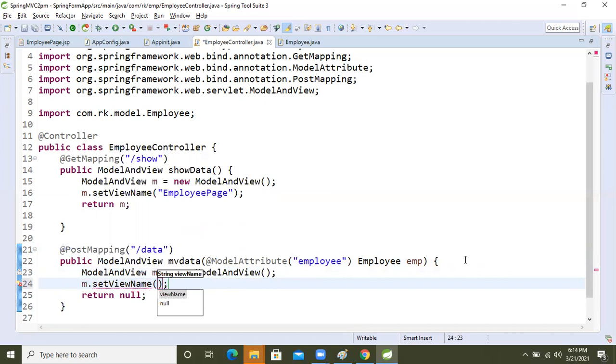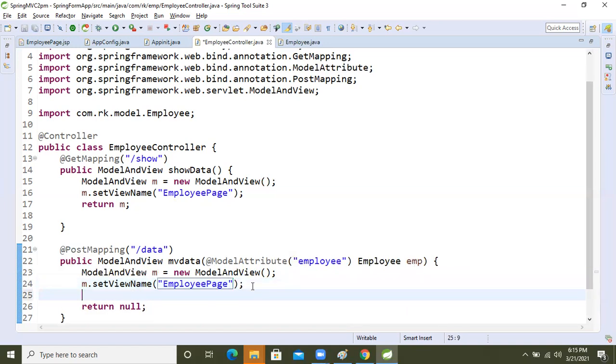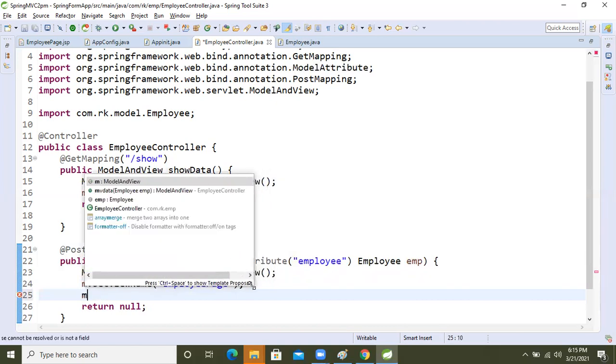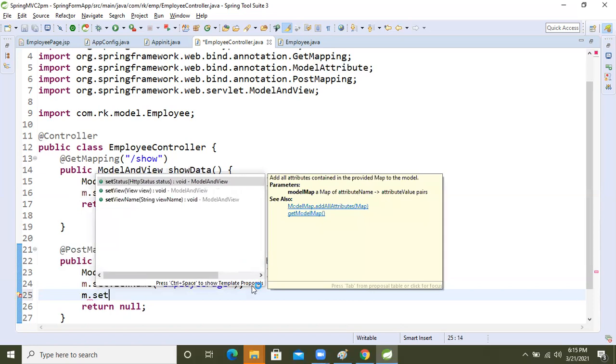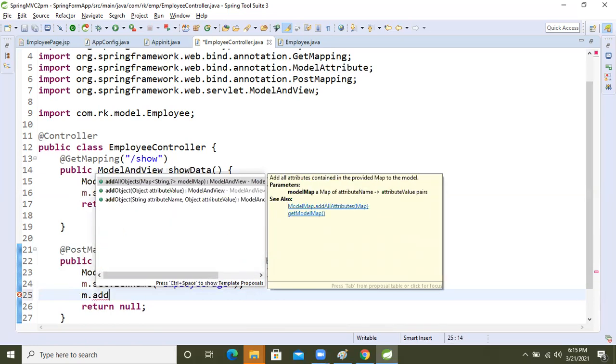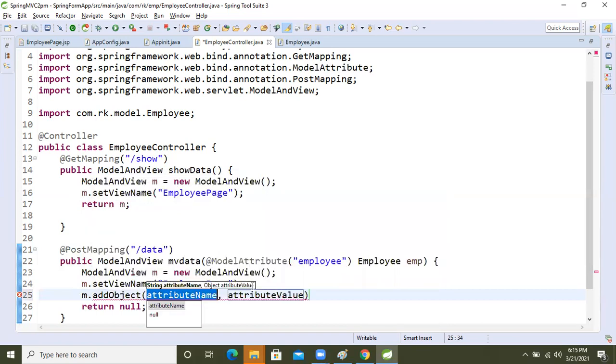Inside that, the employee page is there, that one only, we will pass it. But we need to send the data also to the browser. So how can we send it now? m dot addObject. Add object, we learned how many parts are there in the ModelAndView, 2, right?